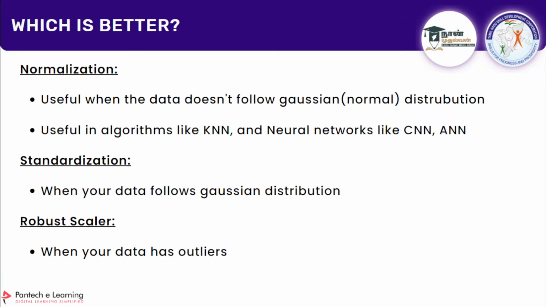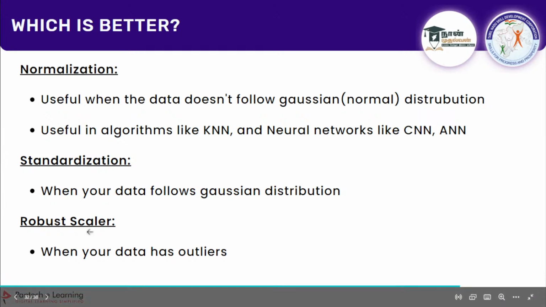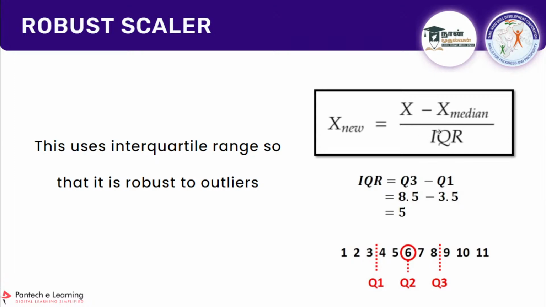Is it clear when to use normalization, standardization, or robust scalar? When you go with these algorithms, you can go with normalization, or in most cases it is better to go with standardization if your data doesn't have outliers. If you have outliers, you can go with robust scalar, which takes the quartile and, based on it, converts the value, so it won't be further deviated. If there is an outlier, it is not going to affect much. That's the idea behind this.